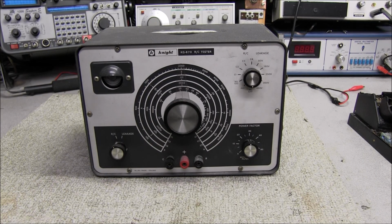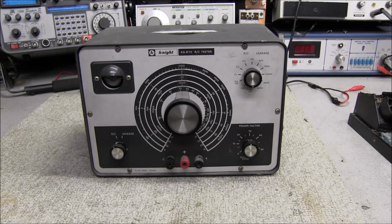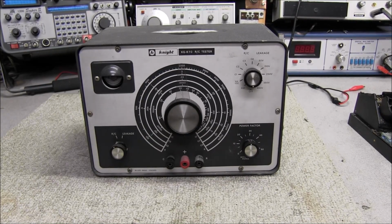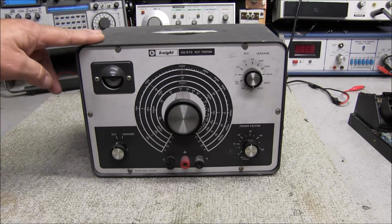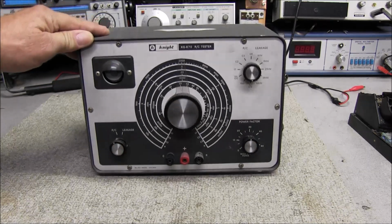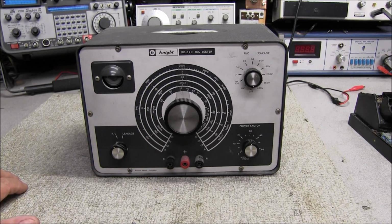Well, hello everyone. On the bench today we have an old Knight KG-670 RC tester, and what RC stands for is resistor capacitor, and it is used to test capacitors, as you may know. Now, I picked this unit up from a place called Create Salvage sometime back, and in fact I picked up quite a bit of equipment from there that I got at reasonable prices, and the thought process was